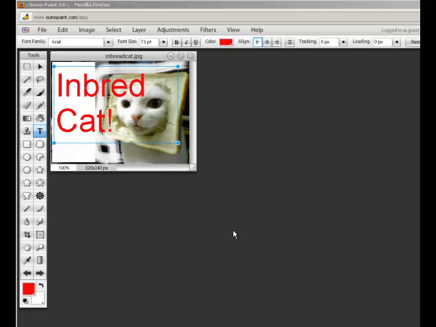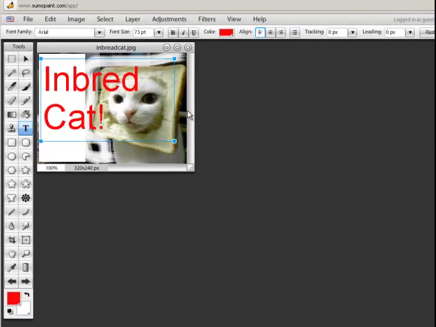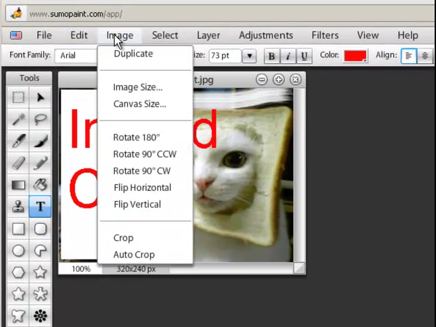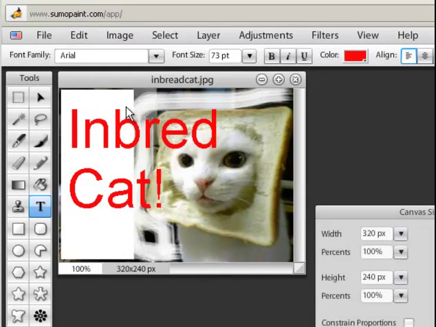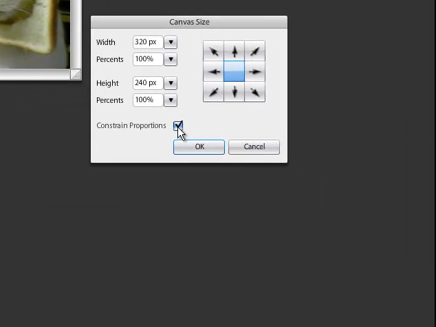Now we want to use this for a PowerPoint, or we're going to use it for a website or anything, and we're going to have text around it and other images. And one of the things that we want to do is, rather than have the text right up against an image, we want to give it some breathing room and put a border around that image. So we can go to Image, we can go to Canvas Size, and we're going to constrain proportions. And what we're going to do is make the border around the image